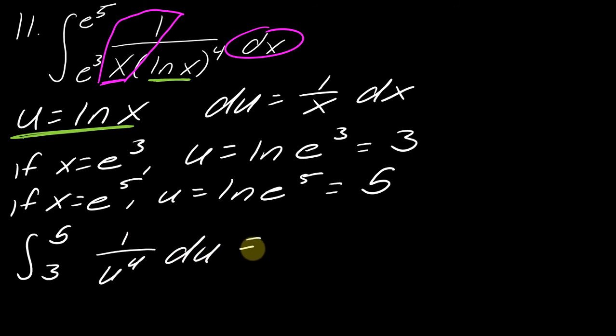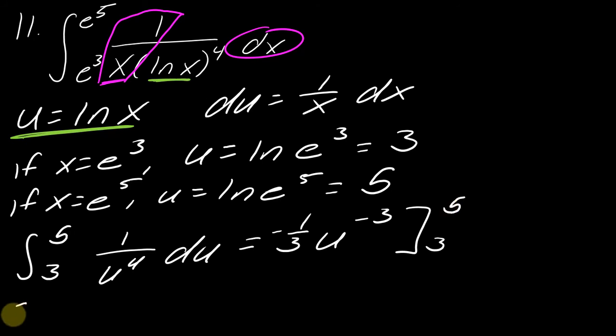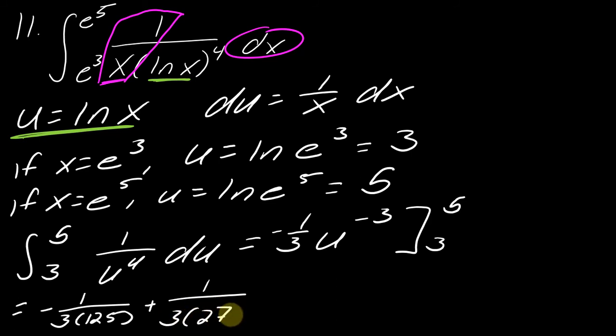So if I integrate this, this becomes u to the negative third, and then I can multiply that by negative 1/3, and so then I just have to plug this in from my limits of integration. So this will become negative 1 over 3 times 125 plus 1 over 3 times 27. So that's me plugging in my limits of integration. And so this, if I work this out,